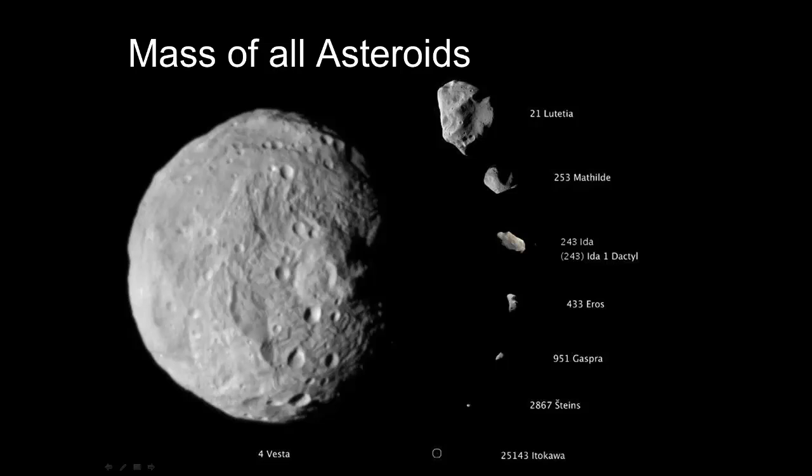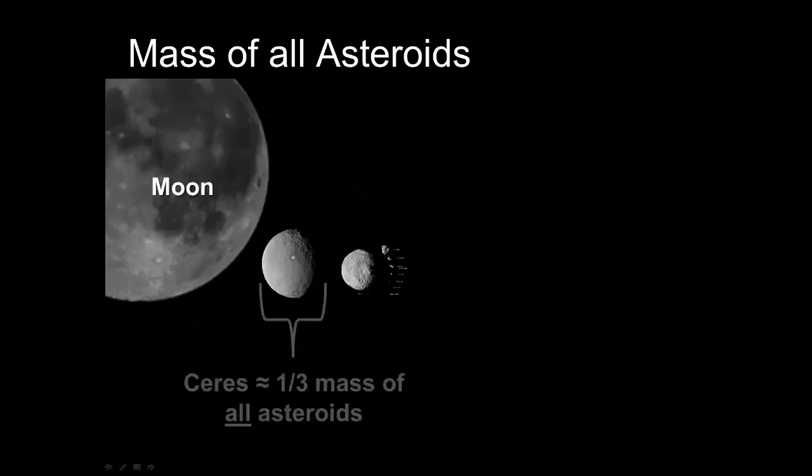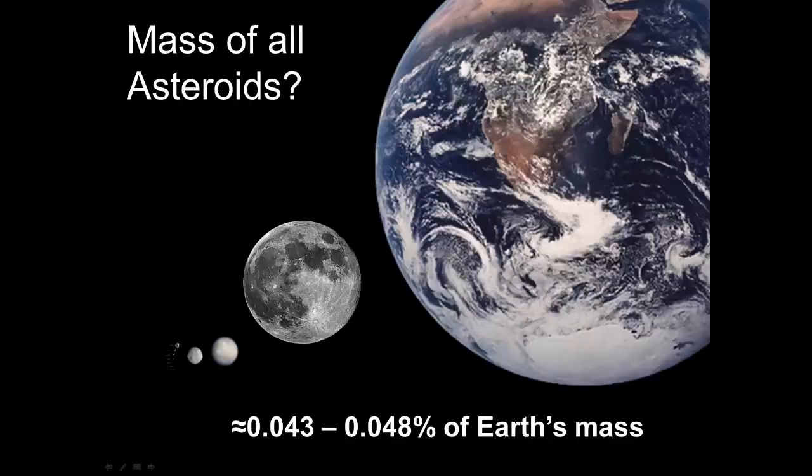Although rather large, asteroids like comets have low density and are weakly held together. Vesta is one of the largest and is almost big enough for its gravity to make it spherical. Ceres is the largest asteroid and makes up 1/3 of the mass of all asteroids combined. It has just enough mass to pull itself into a roughly spherical shape. The mass of all known asteroids combined make up only a small percentage of Earth's mass. So asteroids are probably not the fragments of a planet that completely exploded, as some people initially thought.